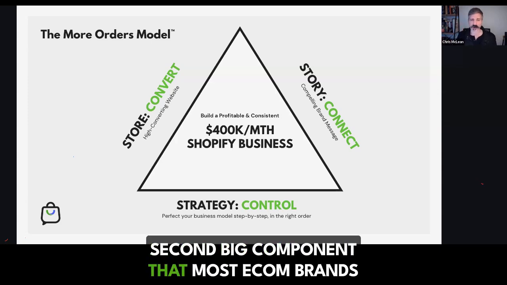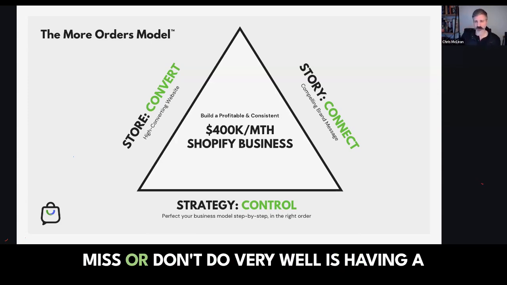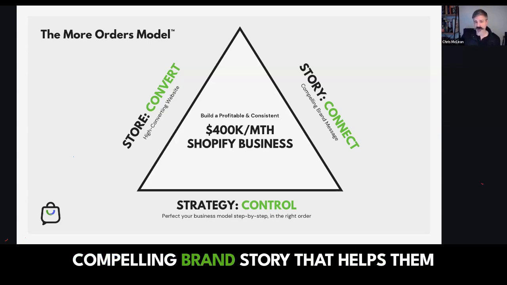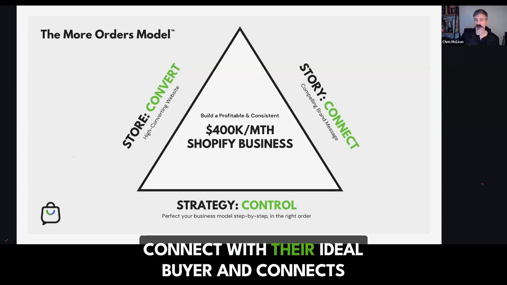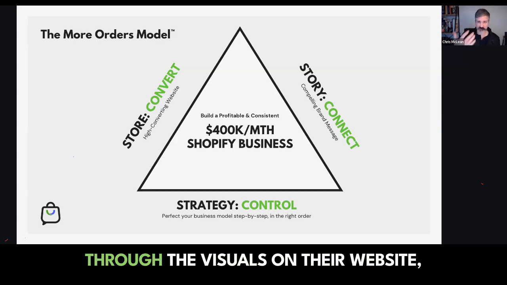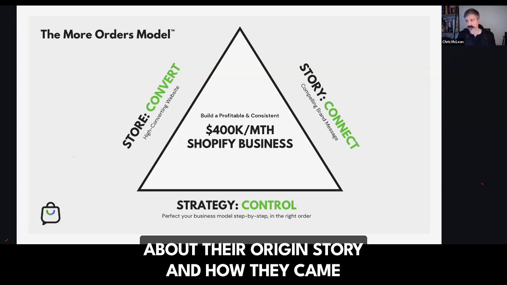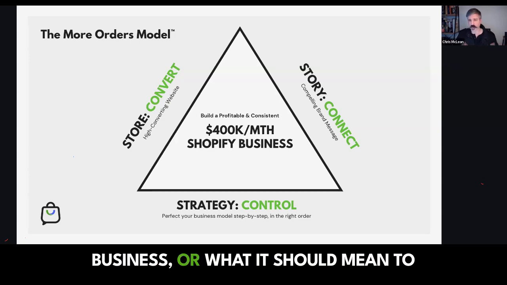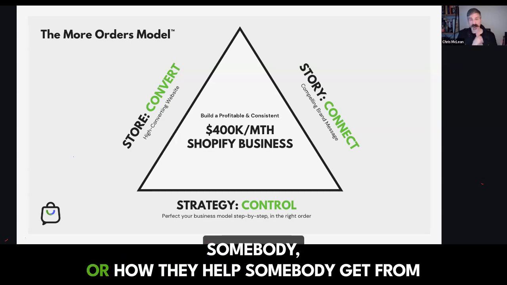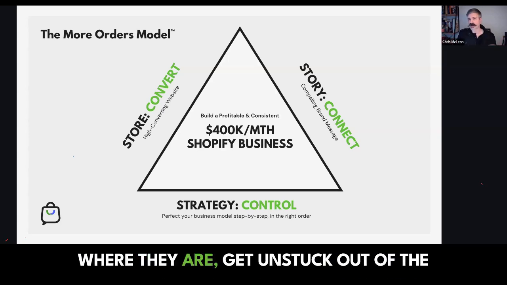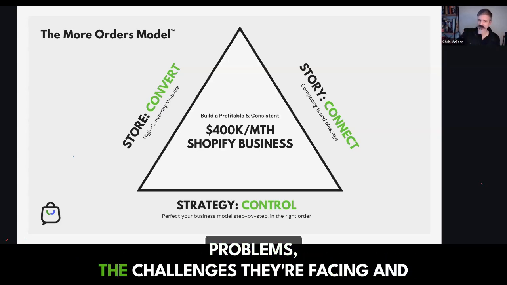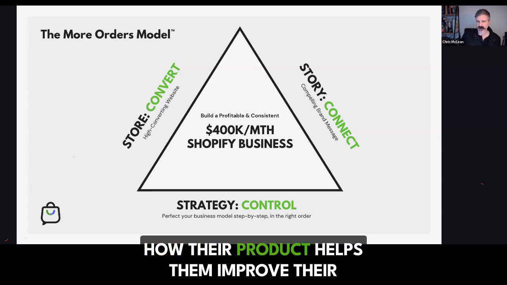Second big component that most e-com brands miss or don't do very well is having a compelling brand story that helps them connect with their ideal buyer and connects with them through the words on the website, through the visuals on their website, through their brand, through how they talk about their origin story and how they came up with the product, or why they're in business, or what it should mean to somebody, or how they help somebody get from where they are, get unstuck out of the problems, the challenges they're facing, and how their product helps them